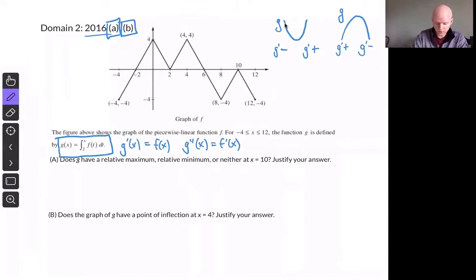Now, if we look at this graph right here, which is the graph of f, which is the graph of g prime of x, at the point x equals 10, you can see that right before x equals 10, g prime, this graph, is literally negative because it's below the x-axis. And after 10, g prime, this graph, is also negative because it's below the x-axis. So there's no change in signs. So we would say that g has neither